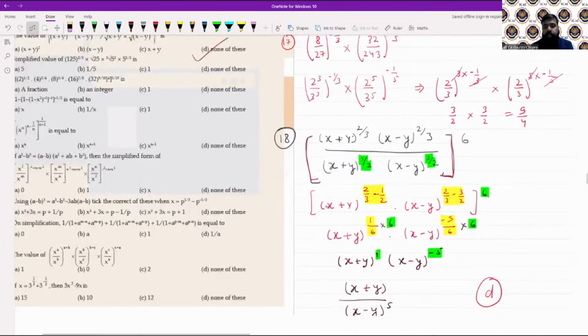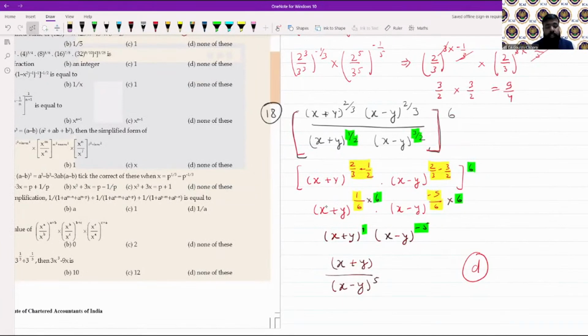According to this study material, the answer is option C, because it is only x plus y. When will that be possible? Let us discuss that also. If the power here becomes 2/3 in place of 3/2, then it goes up and becomes negative, it will get subtracted, and the power will become 0, and once the power becomes 0 it will be removed from there.